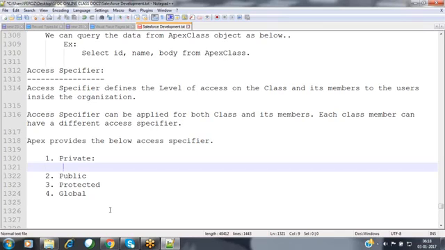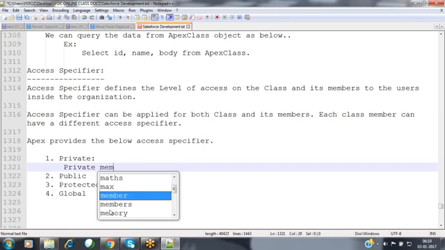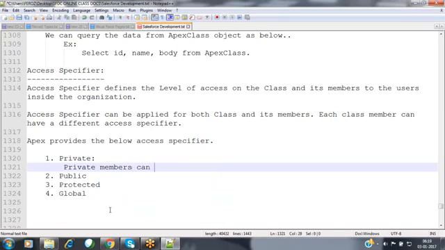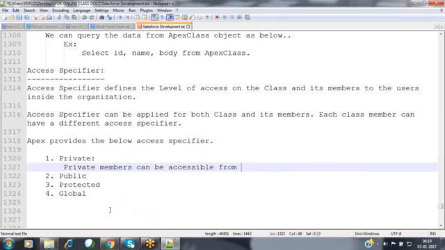Inside a class, we can define some set of members. It may be a variable, a function, a property, everything. Whatever variable you have defined, if you want to make that variable accessible within the class only, not from the outside of the class, at that time we have to define the access specifier as private. Private members can be accessed from within the class only.